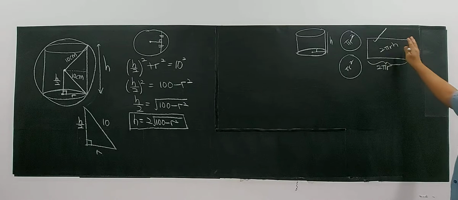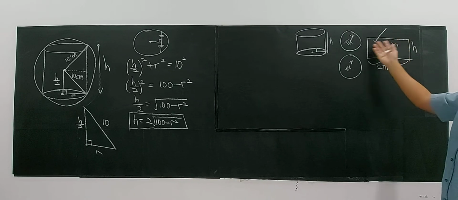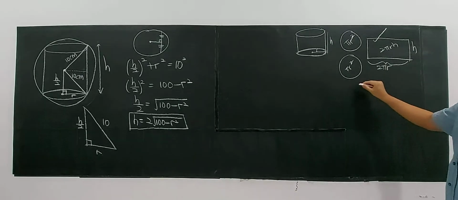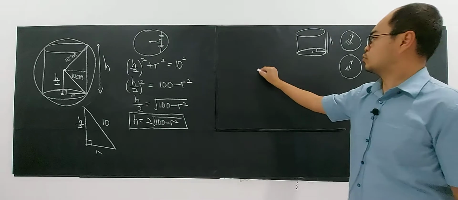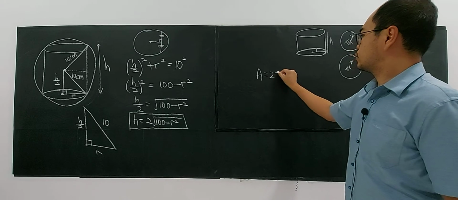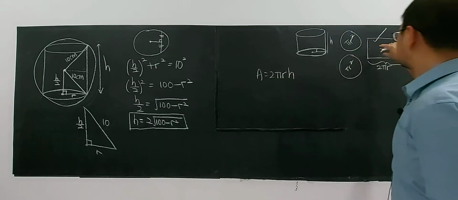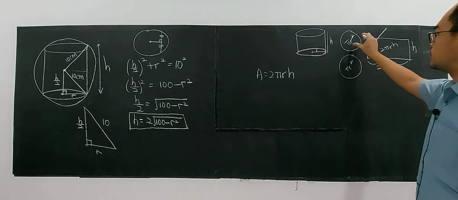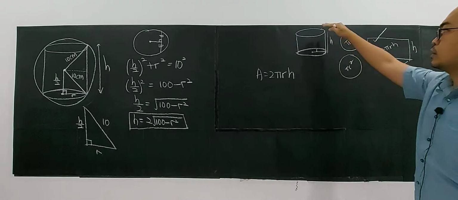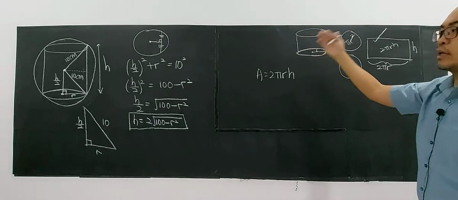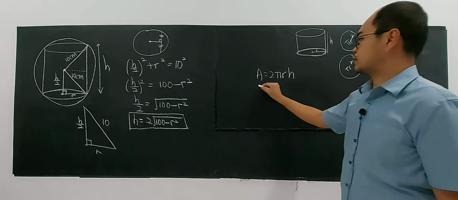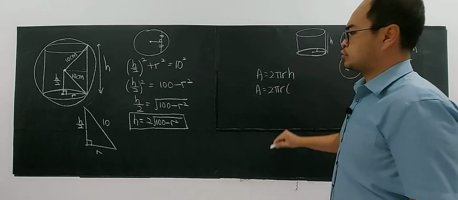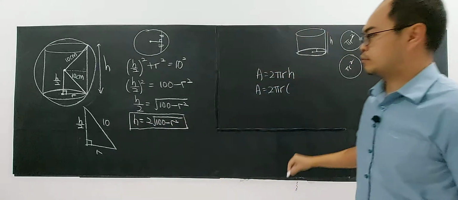So if you go and fold it, you will get a curved surface here. Then this curved surface, we set the area to be 2 pi rh, right? The question is not mentioning pi r square and pi r square. No, it's just the side, okay? The curved surface here. So A equals 2 pi r, and h already in term of h, you know